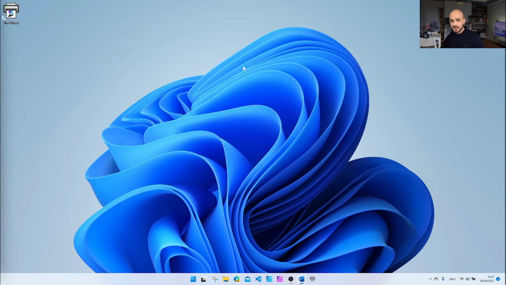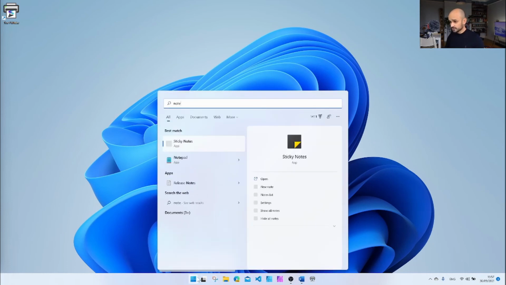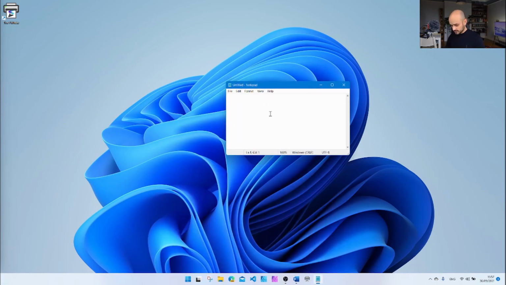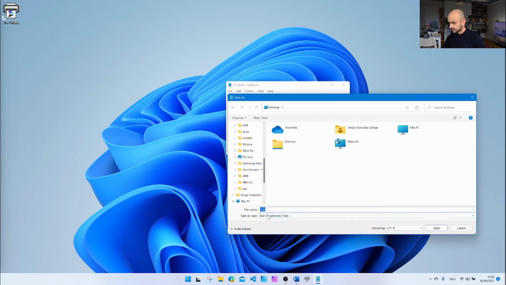I'm going to continue now with file handlers, and for this part of the demo, I'm actually going to open Notepad, and I am going to create a comma separated value file with 3 colors. We're going to create red, green, and blue, just because we all know these colors and it's a good way to keep it simple. I'm going to save this file on the desktop, and I'm just going to save it as rgb.csv. Save.